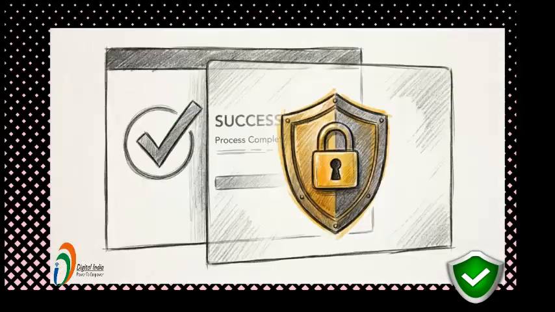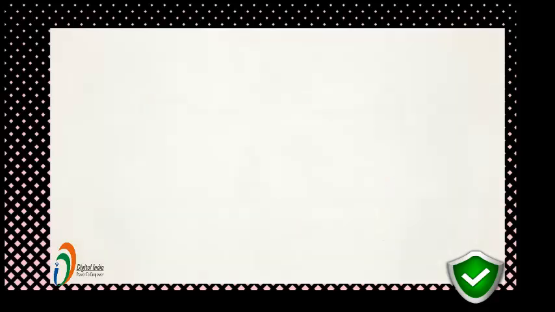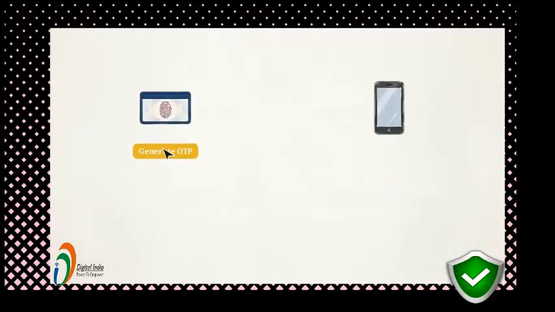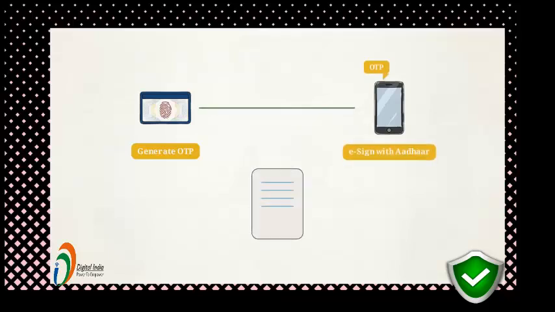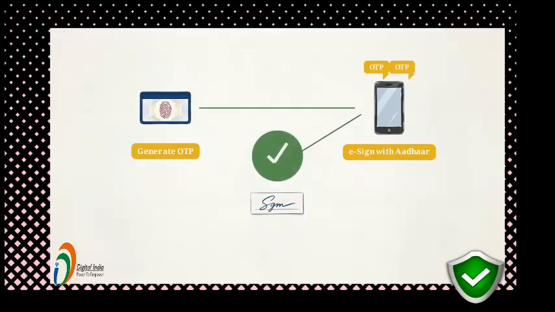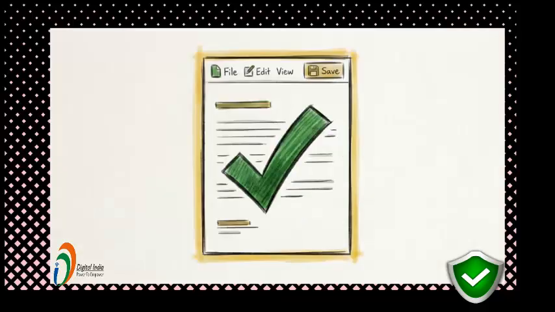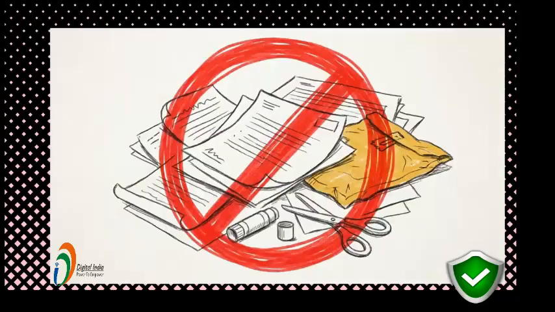You still need to securely authenticate the file. This requires a quick 2-step verification. First, click to generate an OTP to your phone to authenticate your Aadhaar data. Once that clears, you'll request a second OTP to officially e-sign the digital document. Completing that double OTP sign-off finalizes the process online. It eliminates the old requirement of printing out paper forms, pasting physical photos, and mailing envelopes to the NSDL office.